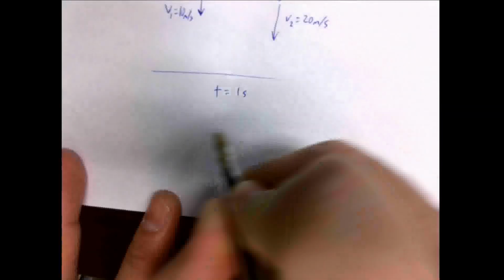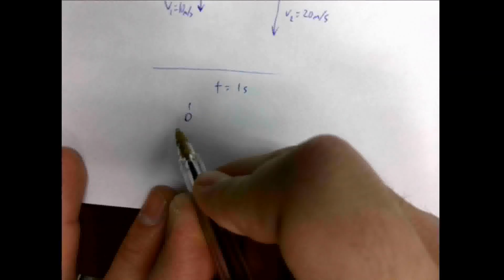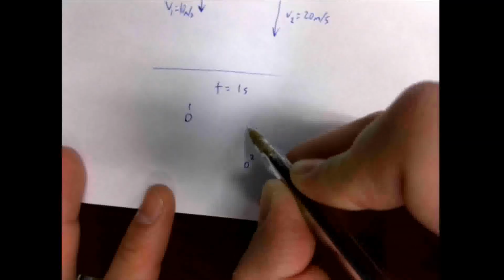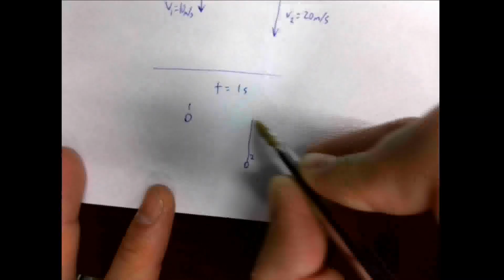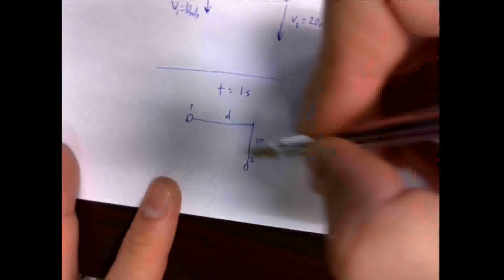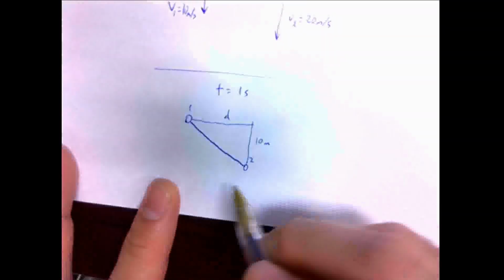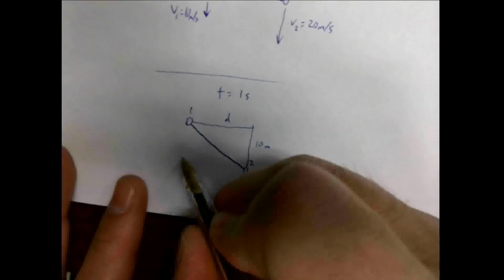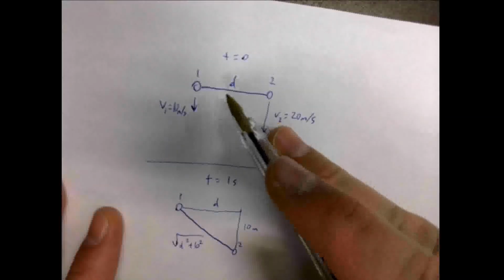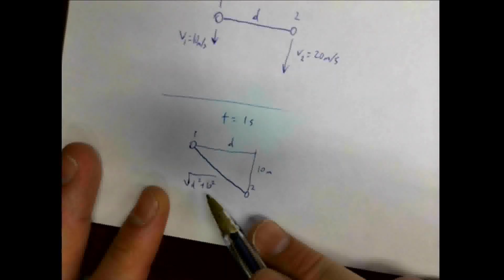Now, if after 1 second we observe these two, object 1 has traveled down 10 meters, object 2 has traveled 20 meters, but the distance vertically from object 2 to the plane where object 1 was is now 10 meters, and the distance between them is still that distance d. However, the distance connecting the two is now larger than d. It's actually the square root of d squared plus 10 squared. So because this straight line distance changed from d to the square root of d squared plus 10 squared, we can say that